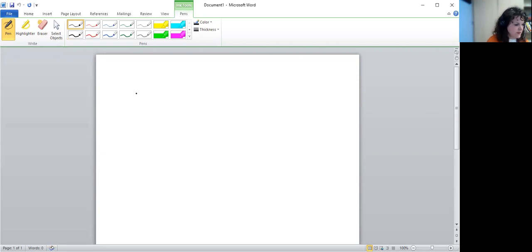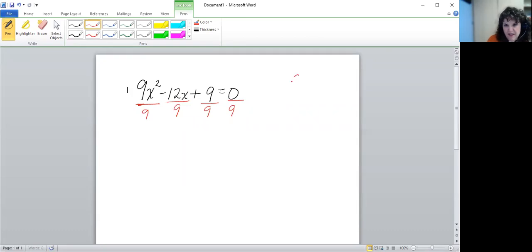This is a completing the square problem that has a lead coefficient other than 1. We talked about the rules, and you have the steps for the process of completing the square written down. The first step is if your lead coefficient, the one in front of the x squared, is something other than 1, then you need to divide every single thing in the problem by that value, which we call a, because it says if a does not equal 1, divide by a. When you do that,